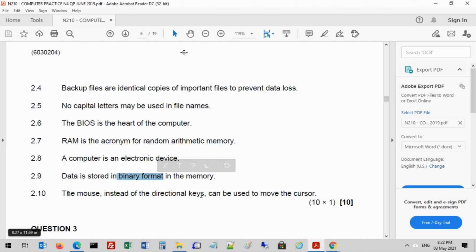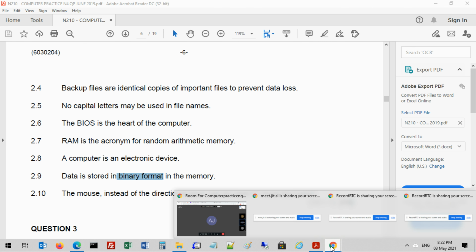Okay? So that's true. 2.9 is true. 2.10 says the mouse instead of directional keys can be used to move the cursor. Okay? That is true because obviously this is what's happening when you use the mouse. So that is true. The directional keys are obviously your up and down and left and right arrows. Okay, so for that, I am quite